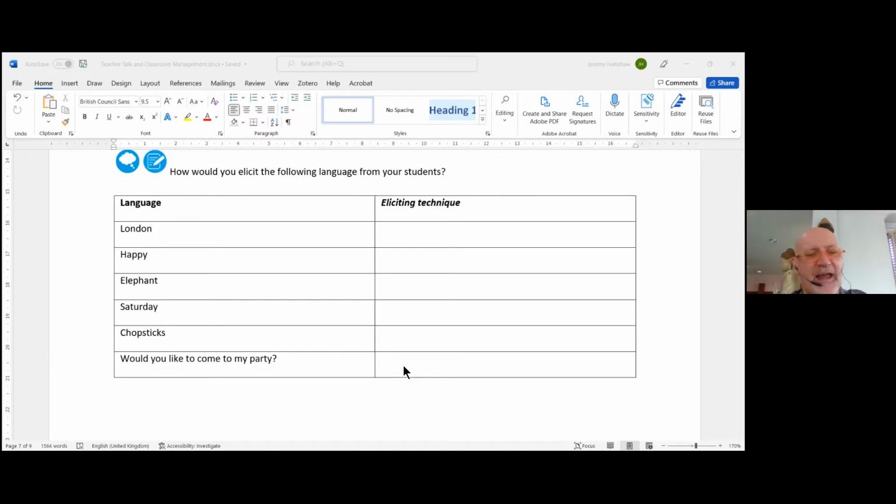This is actually a lesson I got from a very good teacher in Vietnam. He taught me this lesson. You get a piece of paper and you ask the students to turn it into landscape. And then on the paper, they have to fold it and fold it and fold it. So you basically get 8 squares. They then create 8 squares, and in 7 squares, they write Monday, Tuesday, Wednesday, Thursday, Friday, Saturday, Sunday.